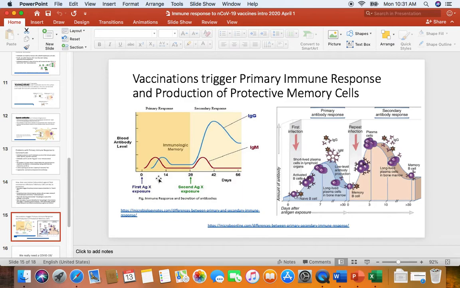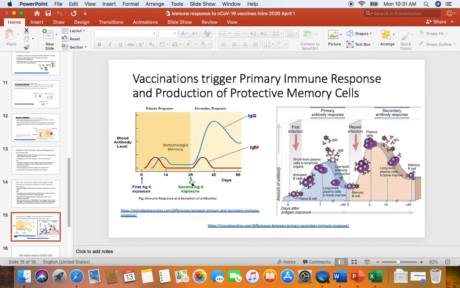And the job of the memory cells is to live long and literally remember that pathogen, remember that antigen, remember that toxin, so that if subsequently we're infected by the same pathogen or we're exposed to the same toxin, then